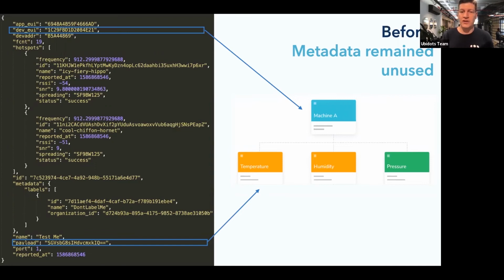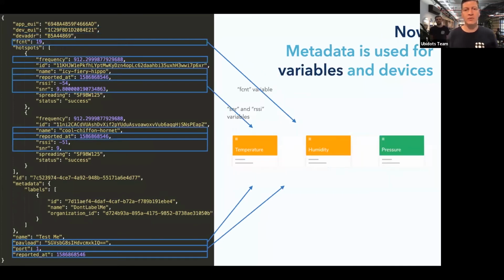Now, the first design approach that we followed was based on our experience with how some of you even published tutorials on how to integrate Helium with Ubidots using our UbiFunctions tool, which is a way to create your generic decoders, if you will. And we saw that in general, in LoRaWAN network servers, we were using a very limited portion of the payload that arrives from a LoRaWAN network server. So simply speaking, you might have used the dev EUI to create a unique identifier for the Ubidots device, and then you would take the payload to decode it into the variables that you want to measure. But what happens with the rest? Well, it was metadata that is very valuable, but it was being unused. So with this integration, what we wanted is to give you natively a way to make use of all of